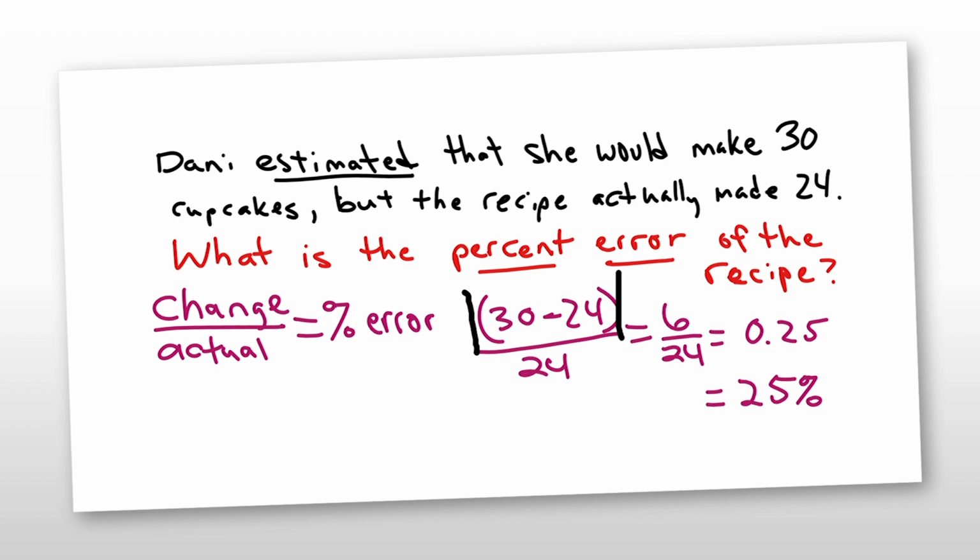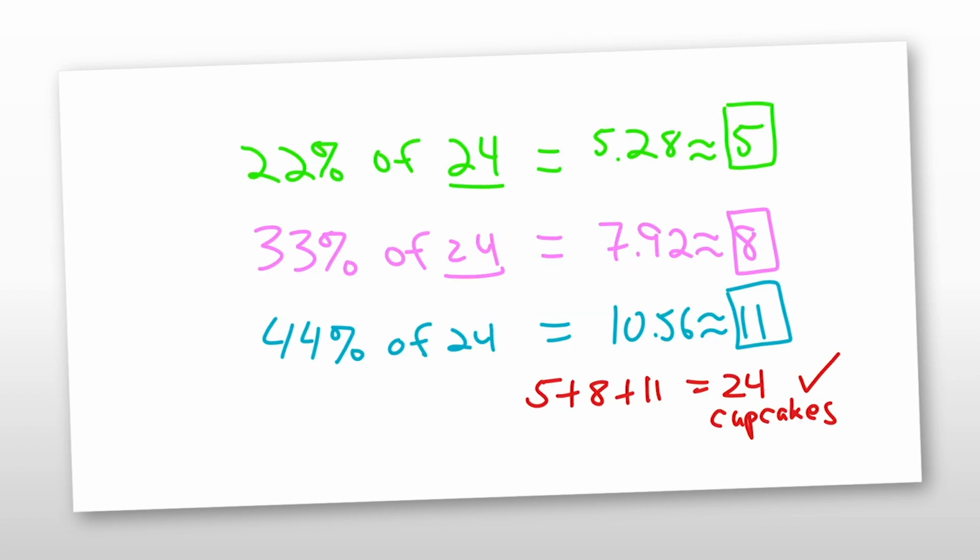So now, how many cupcakes would there be of each color? So hopefully you were able to pull out your calculator and do 0.22 times 24 to get 5.28, or approximately